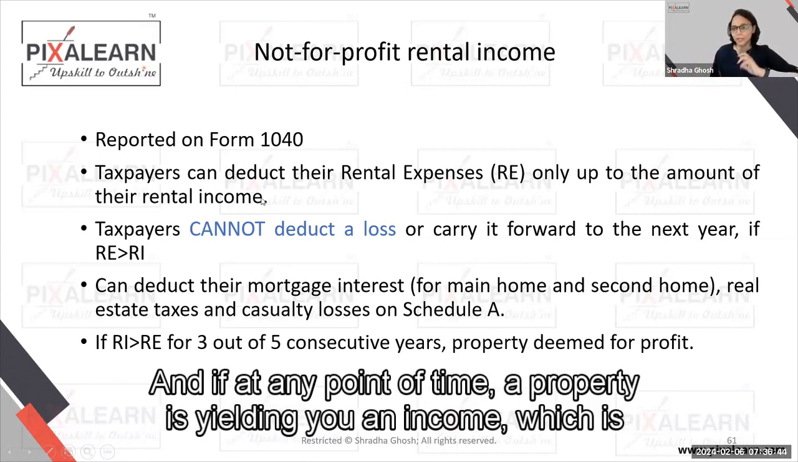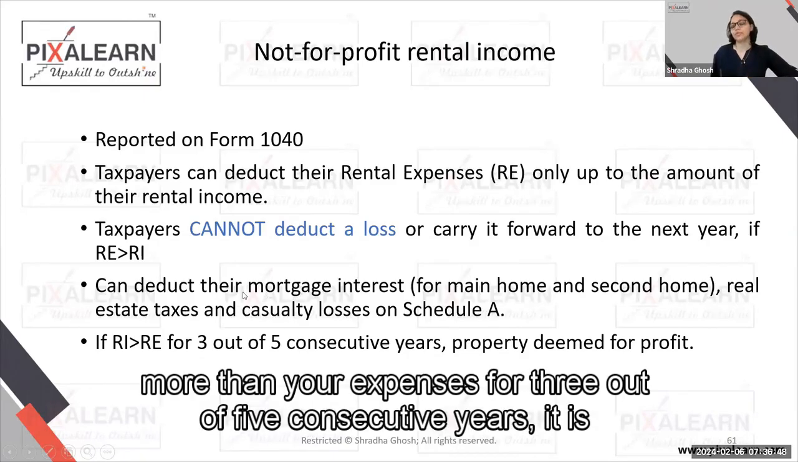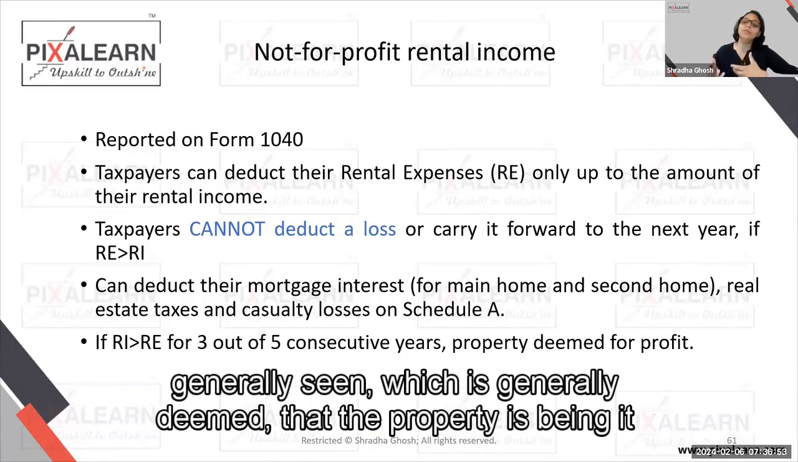And if at any point of time a property is yielding you an income which is more than your expenses for 3 out of 5 consecutive years, it is generally deemed that the property is being looked at